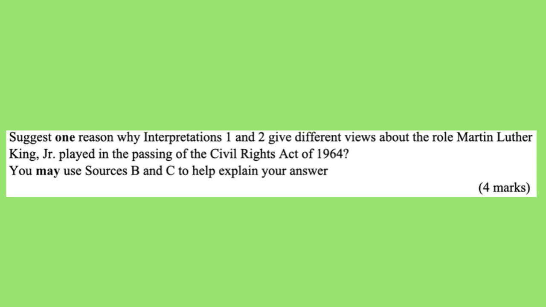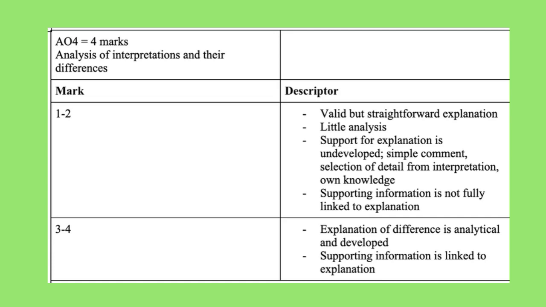Suggest one reason why interpretations 1 and 2 give different views about the role Martin Luther King Jr. played in the passing of the Civil Rights Act of 1964. You may use sources B and C to help explain your answer. 4 marks. Here's the mark scheme for this question, which you can find out about in more detail in our